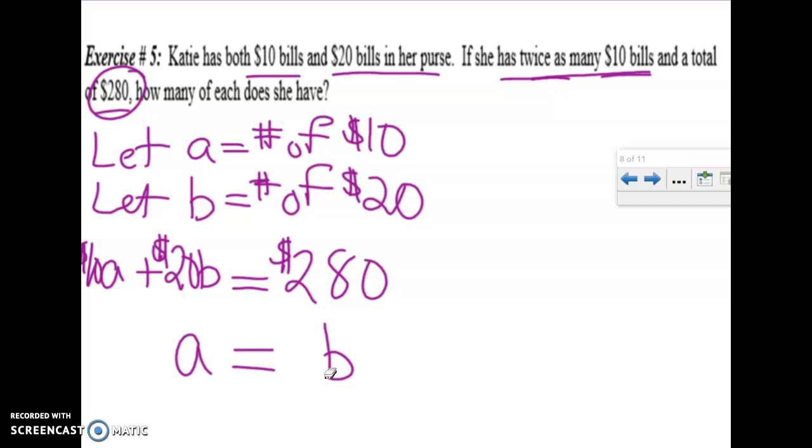Now, currently this equation is not true. A does not equal B. The number of 10s does not equal the number of 20s. But if I double the smaller number, it will equal the larger number. So for instance, let's